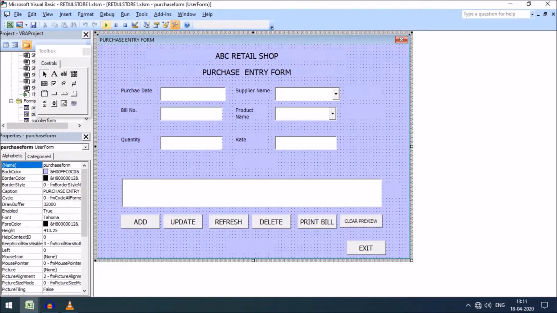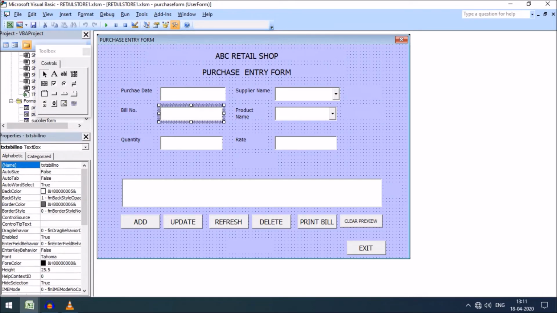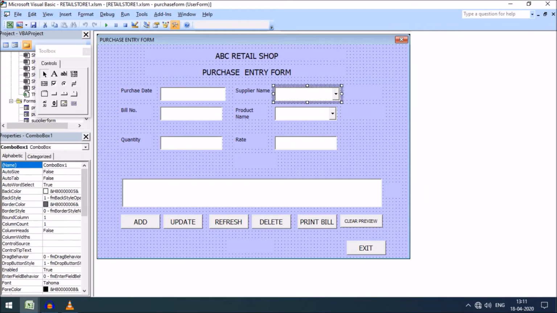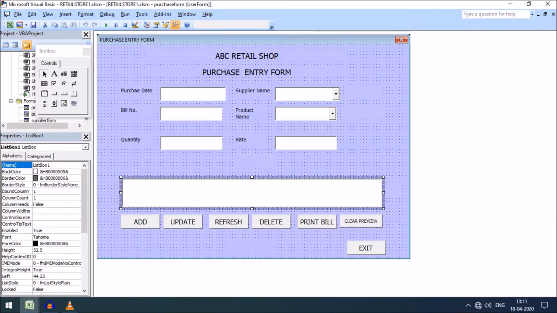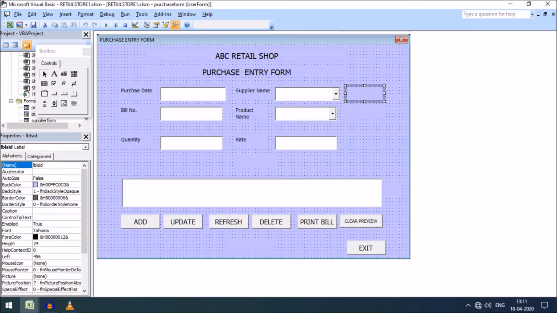Here you can see different controls: text box control, combo box control, and labels. Here is another label, and this is a list box control, and this is a label and another label, and I have taken another label here.